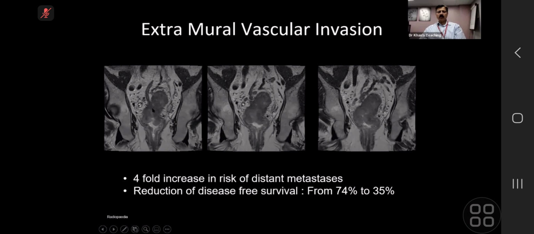Extramural vascular invasion, don't confuse it with a lymph node. Lymph node is different. Extramural vascular invasion is different. And there is a lot of literature and a lot of research also going on. And people say that if there is extramural